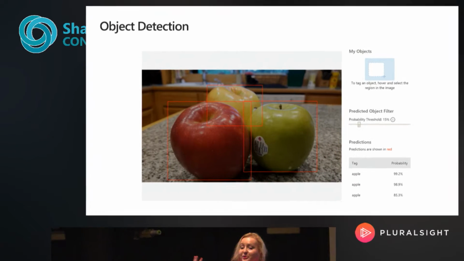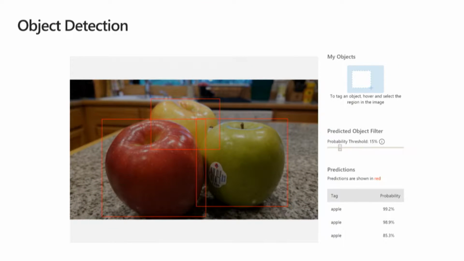Apples look very different, right? They're all apples. We know as humans they're all apples, but in this case, a red apple, a yellow apple, and a green apple, being able to detect what they are. And then you can see where their occlusions are happening, so where the back apple basically is being covered up